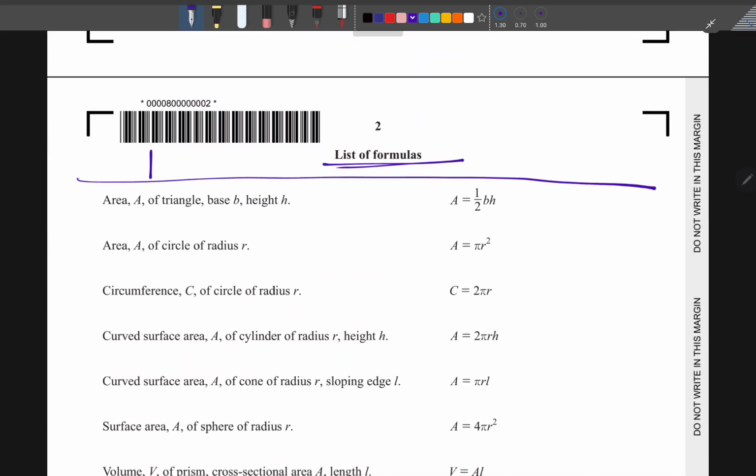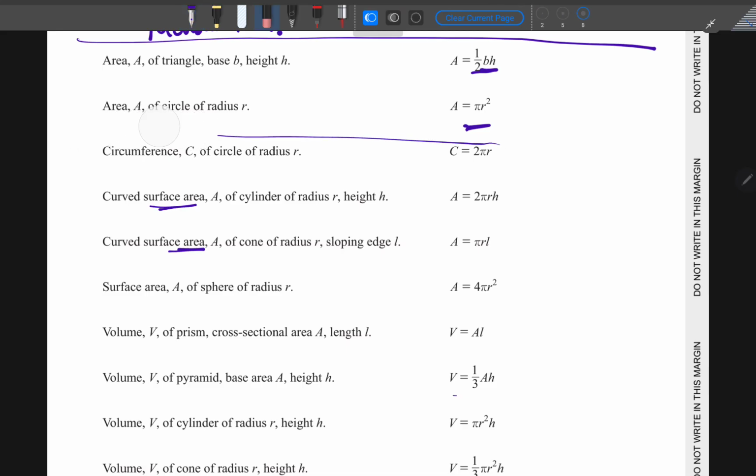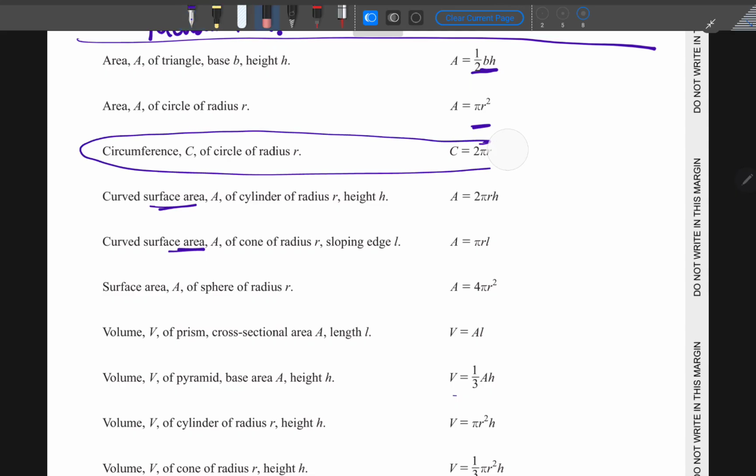So this is going to be which topic? The topic of mensuration, where they ask perimeter, volume, area, whatever. So you can see from here that they're going to give you the area of a triangle, area of a circle, then they're going to give you some part of surface area. This is going to be the length of the circumference, which is 2 pi r. The circumference is the distance right around the circle. So if you want to know this, it's just going to be 2 pi r, and r is the radius. That part we are good.